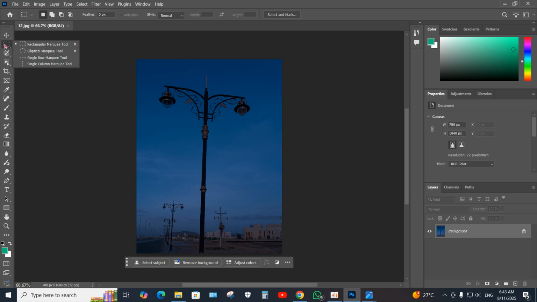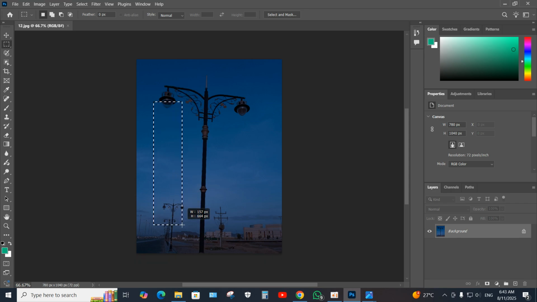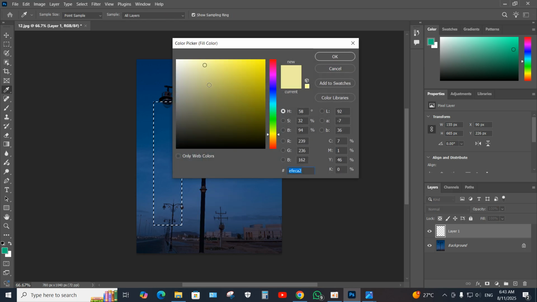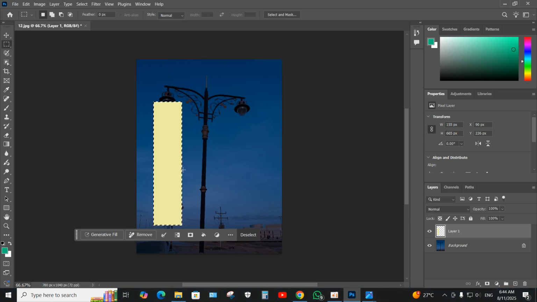And don't forget, focus with me, you need to use this tool and make a border like this. So make a layer by clicking the plus and go to the fill logo, click and fill color, and you can get any color for the light, but I just use the color for review, and click OK and click OK again,